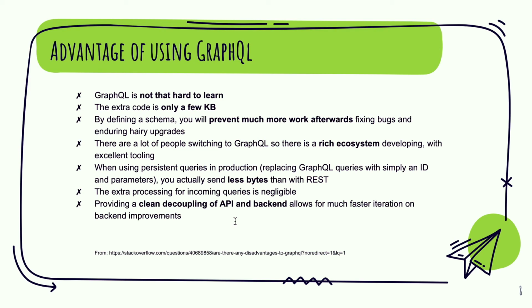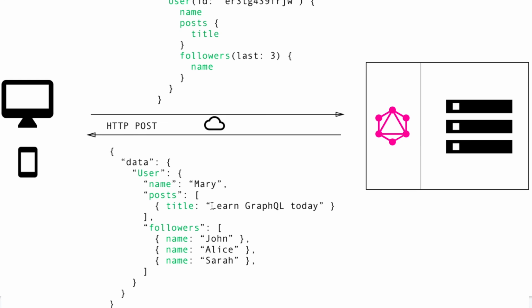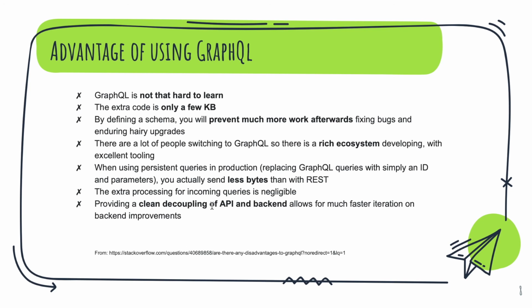So far we have learned that GraphQL only needs a single endpoint, and if we want to fetch any data, we can do it from that single endpoint. Whatever queries we have, we just need to add the parameters for that particular query with an ID and fetch that data.